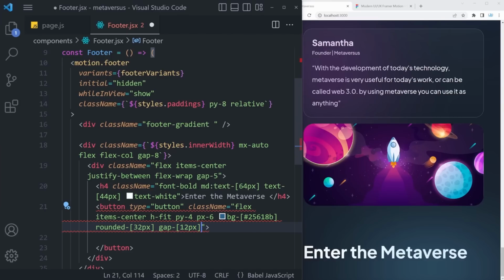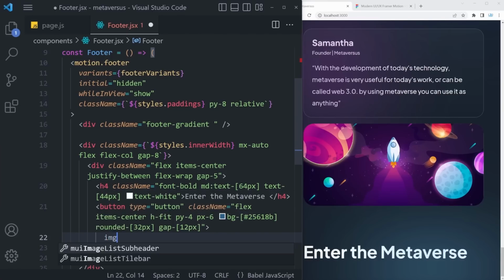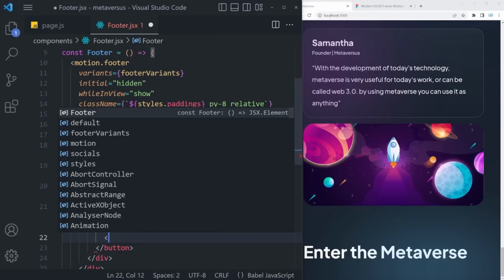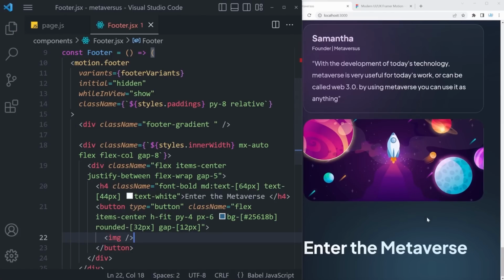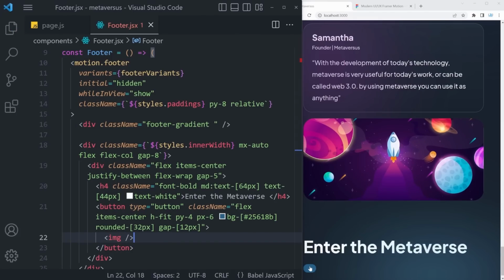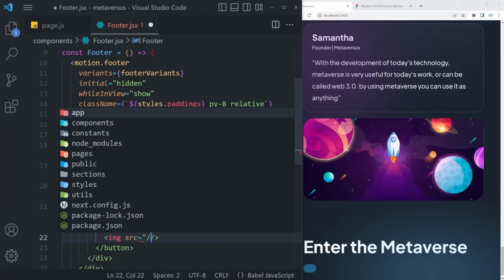There we go. Now inside of that button, we're going to have an image. This is going to be a self-closing image tag. If we save this, we can see this outline of a button, but now if we add a source equal to